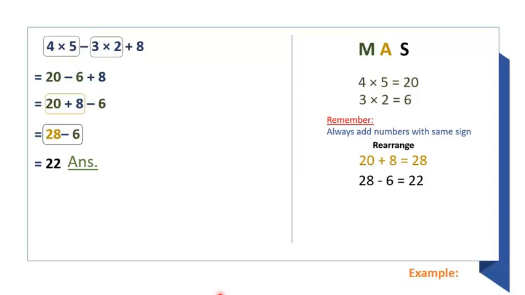Let us understand better with one more example. So here this is one of the simplified problems where again you can see subtraction, multiplication, addition. Again subtraction, multiplication. So what should be the order in order to simplify this problem, sir? We should follow the order as MAS. M multiplication, A addition and S is subtraction.